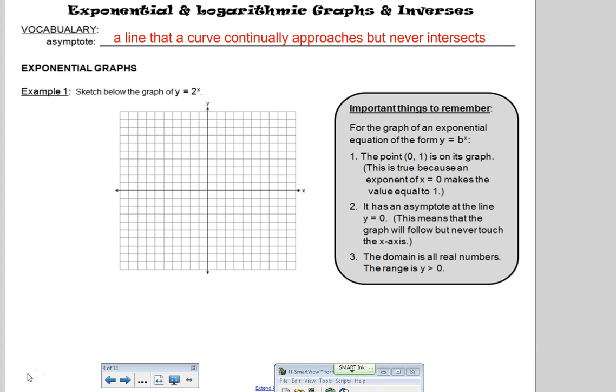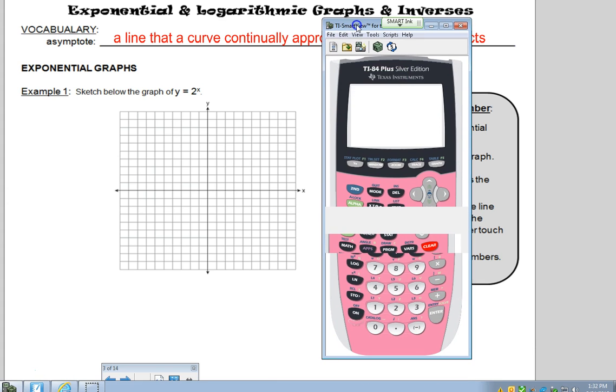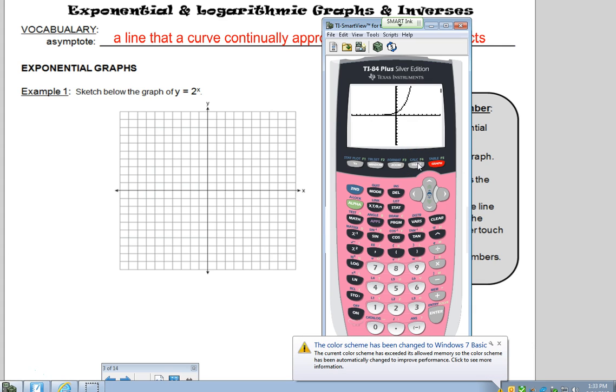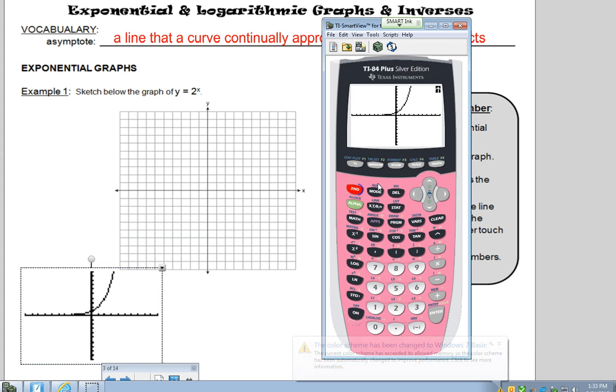Okay, so we are going to sketch a basic exponential graph, y equals 2 to the x power. So as always, for our graphs, we are going to go to our y equals, type it in, and first we'll look at the graph. Okay, so I will put that picture down here for a second. So when we graph, we want to go to the table